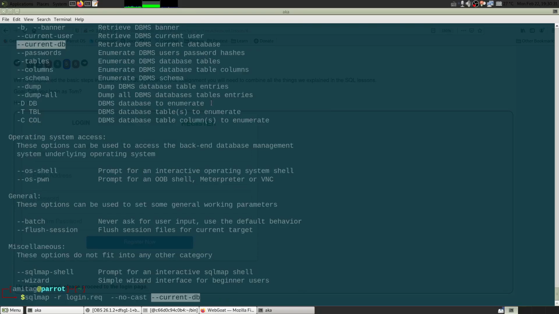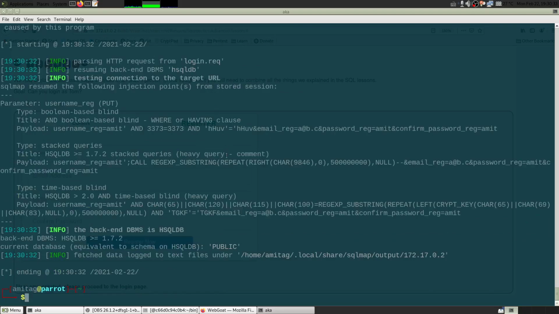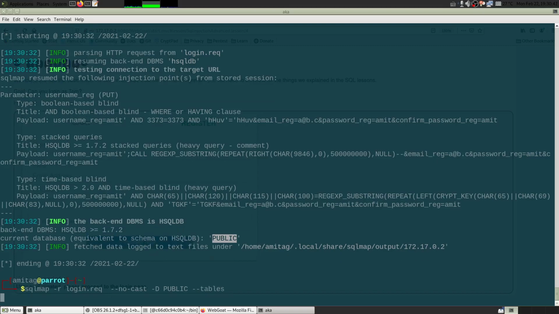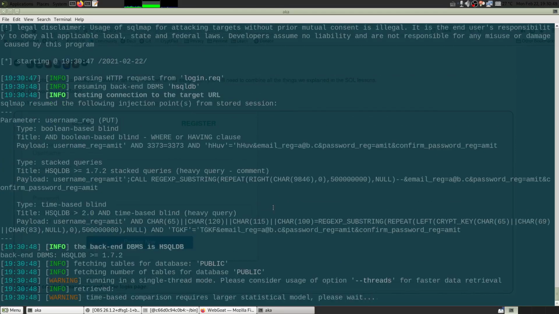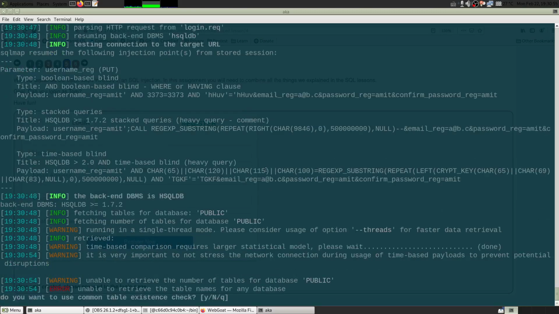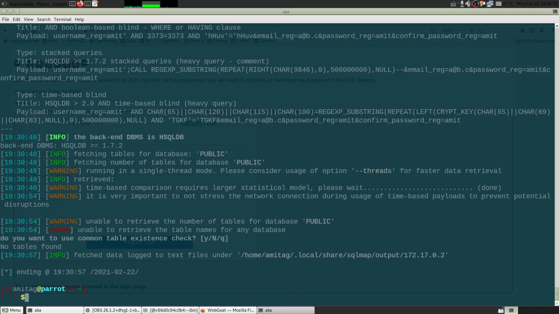That should be an easier way to get the current database name. Current database is public, so let's use -D public and then --tables. So now we are going to dump the table names for all the tables.